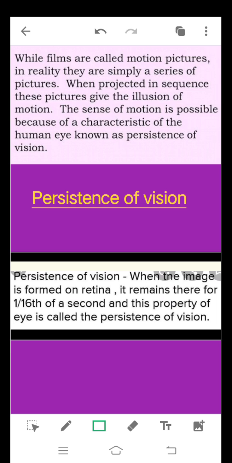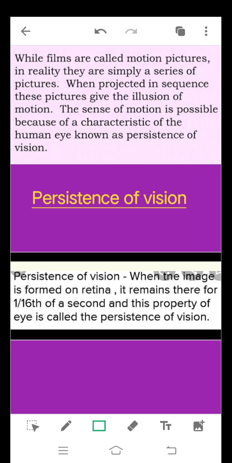When projected in sequence, these pictures give the illusion of motion. And this sense of motion is possible because of this characteristic of the human eye known as persistence of vision, which we discussed just now. That is, the image remains on the retina for a very short period of time, and